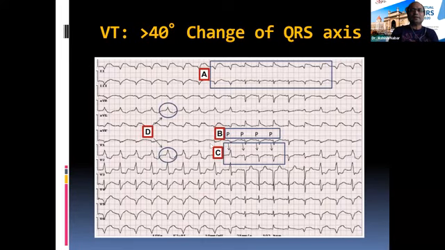Again, in a Holter, sometimes it is good to see. For example, if you are seeing only this lead in a Holter, if there is a big change in axis with a wide QRS tachycardia, then once again think that you could be dealing with a VT. So sometimes in Holter, you have a very limited number of leads seen, 1 or 2 or 3, and you have to make a diagnosis. This change of axis, which is more than 40 degrees, again tells you that you are not dealing with aberrancy, but you are probably dealing with a VT.